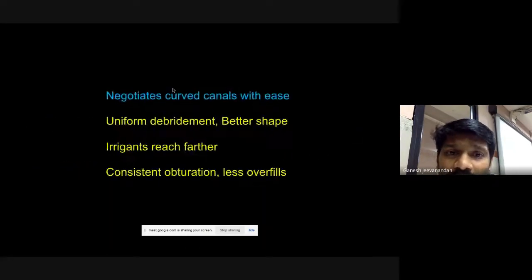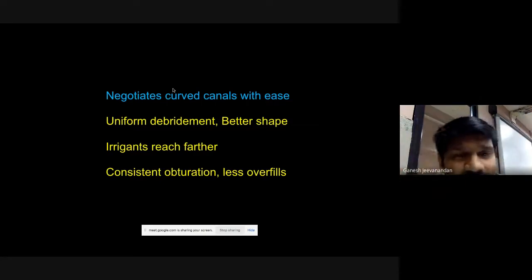Now, you know what stainless steel and nickel titanium are? Nickel titanium is for the files. Remember, just concentrate on this particular point. Your K files are made up of stainless steel. There are K files which are also made up of nickel titanium, but commonly what you use are the stainless steel files. So what is a stainless steel file? The files are made up of stainless steel. What are nickel titanium files? The files are made up of nickel titanium.